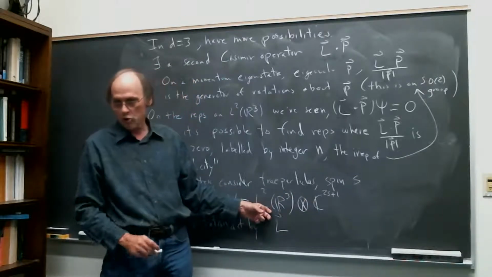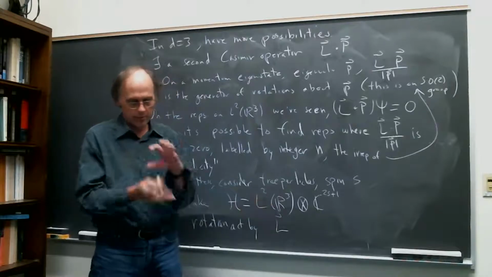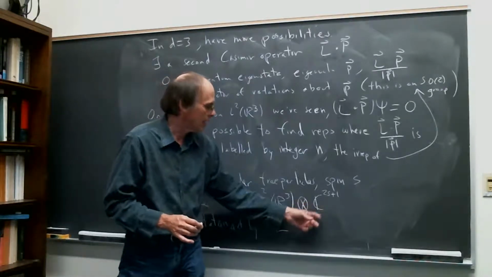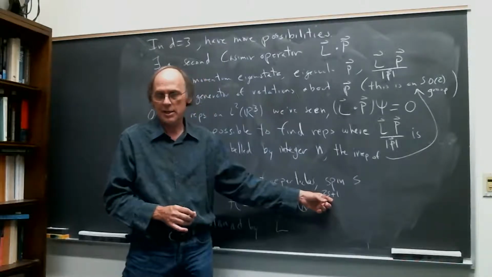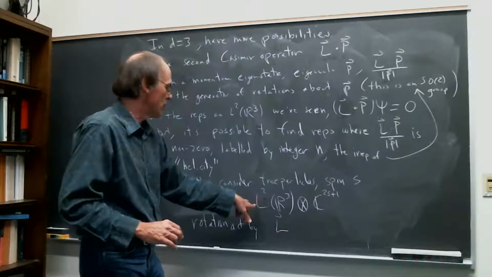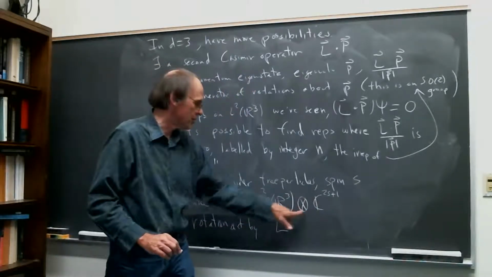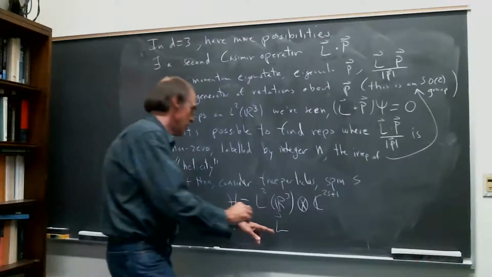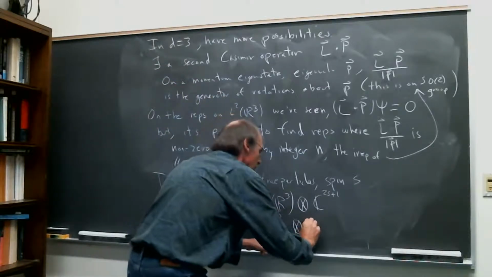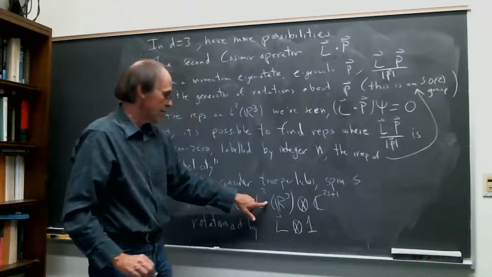Here it's going to act by the usual rotations on your spatial coordinates. Here it's going to act by the spin s representation. And remember what happened when you had a group action on a tensor product: when you looked at the Lie algebra, you had two terms, one where you act here,